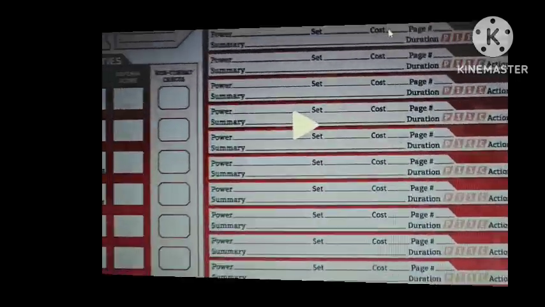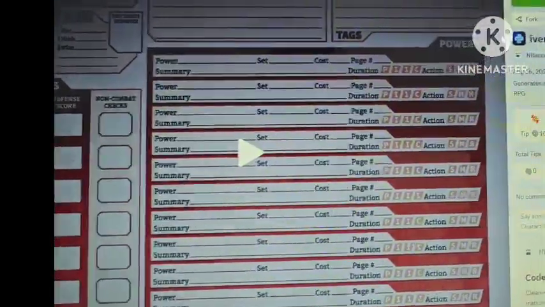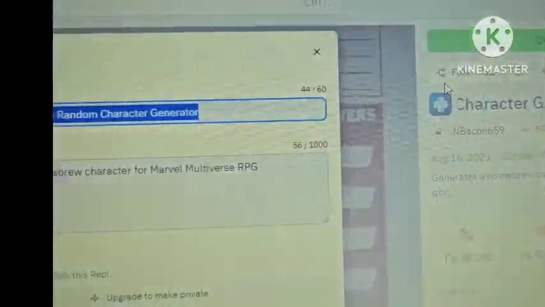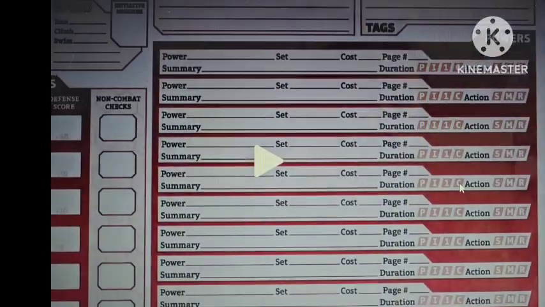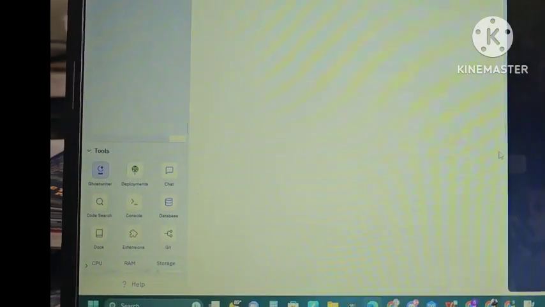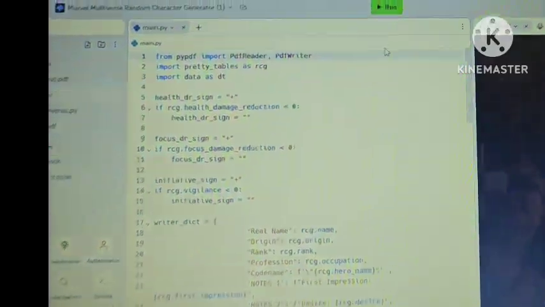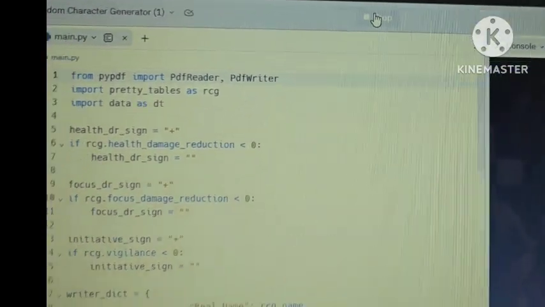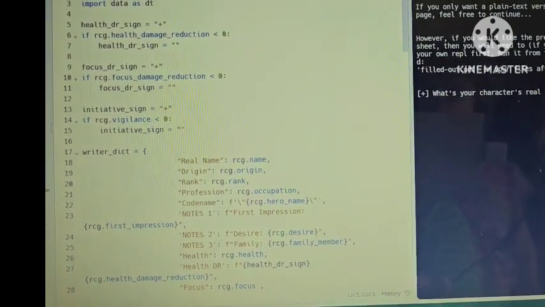So on desktop, this is what the page looks like when you open it up, and you look over on the right, you look for that fork button there, and you will see this pop up. Just click the blue button there, and then it'll take you here where you're going to see the same generated code basically. You then go over to the run button at the top, the green run button. You click that and you'll see that over on the left or on the right, it's going to generate your